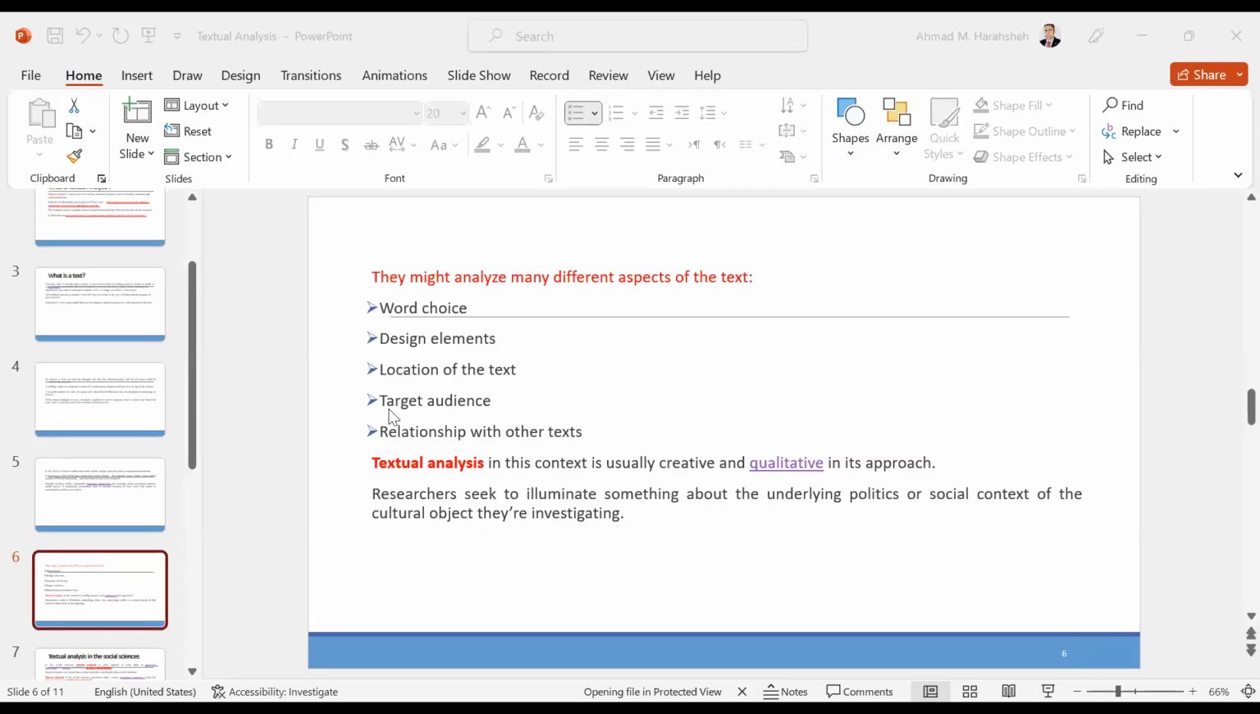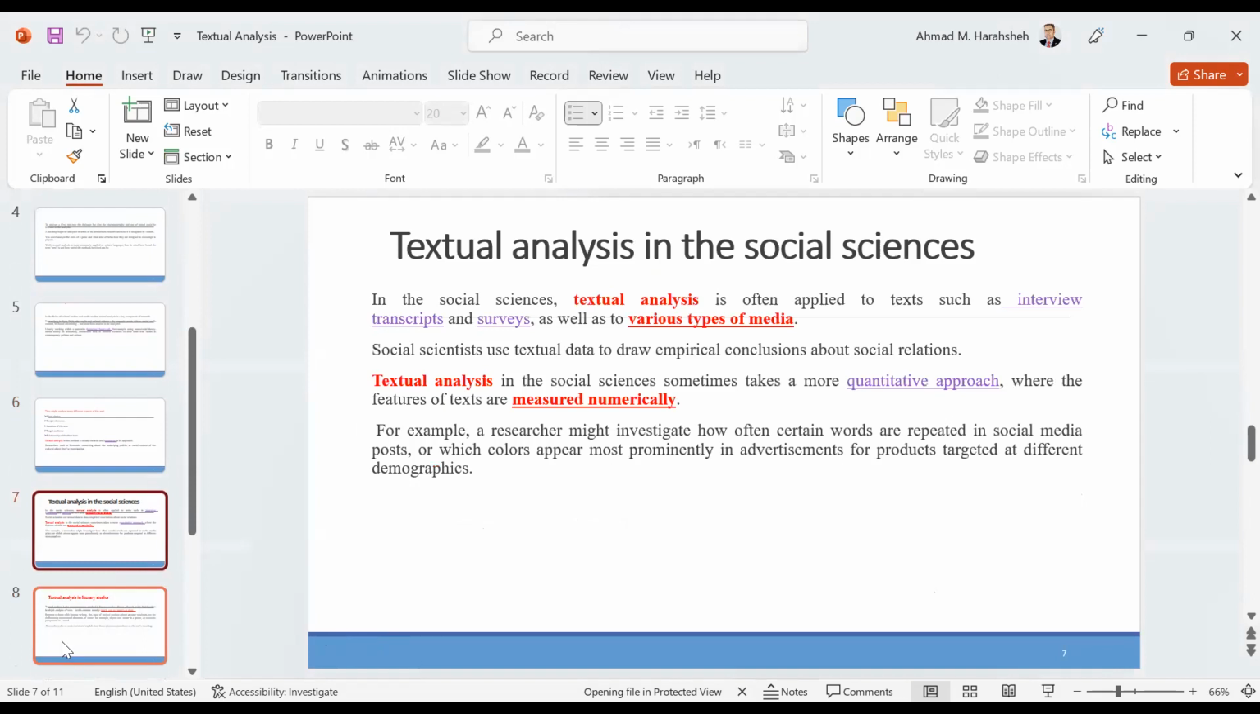بغض النظر ممكن تاخذ أي شيء. تارجت اودينس مين مثلا هم، relationship with other text مثلا، علاقته بنصوص أخرى. Textual analysis in this context is usually creative and qualitative in its approach. اللون، ناخذ اللون، ناخذ الفونت، اللون تاع الفونت، الأرقام مثلا، هذه الصورة كيف وضعها. بتشوف أحيانا في بعض المنتجات بحط لك عليها صورة مثلا سيدة فاتنة جميلة إلى آخره للجذب، مش هيك؟